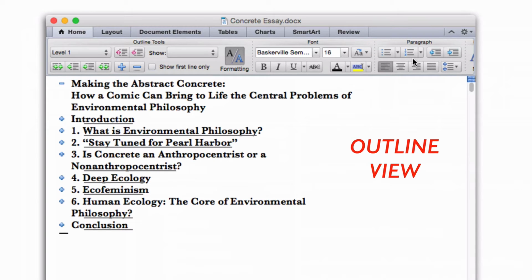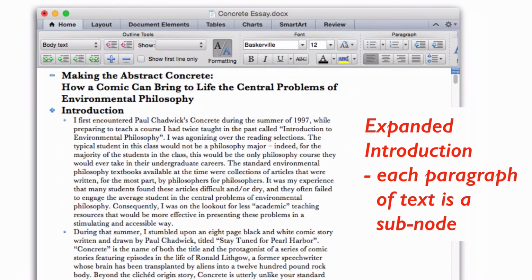The plus sign indicates that there are child nodes that can be expanded. So let's expand the introduction. Here, each paragraph of body text is its own node, and it's tagged as body text in the outline level menu. I can move these paragraphs around by selecting the paragraph and using the up and down arrows in the toolbar. In this version of Word, I can't drag and drop these paragraphs for some reason,